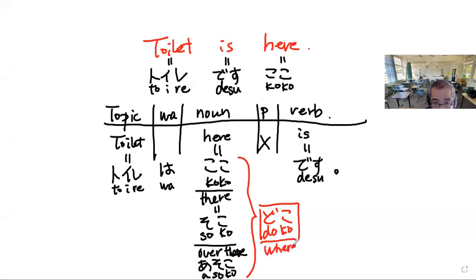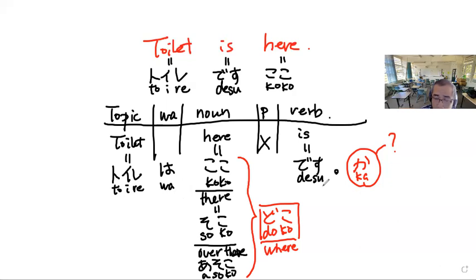So you can say トイレはどこですか。Okay, please don't forget the Japanese question marker か。トイレはどこですか。That means where is the toilet? Then if you ask トイレはどこですか、I'm sure Japanese people will point out the direction: トイレはここです。トイレはそこです。トイレはあそこです。